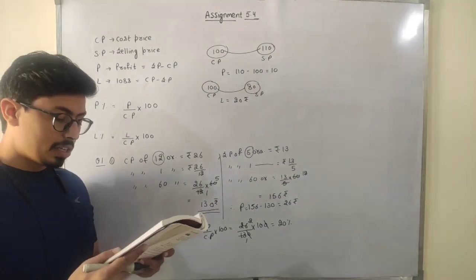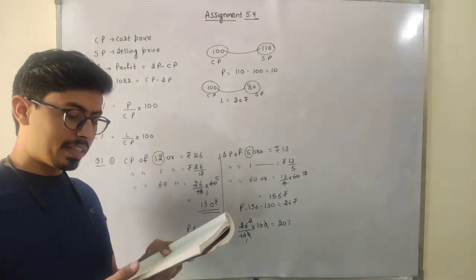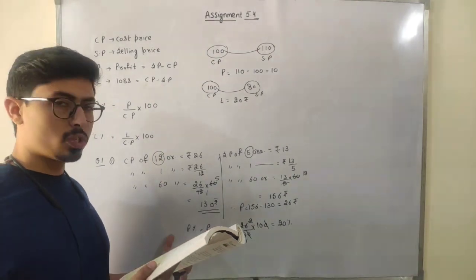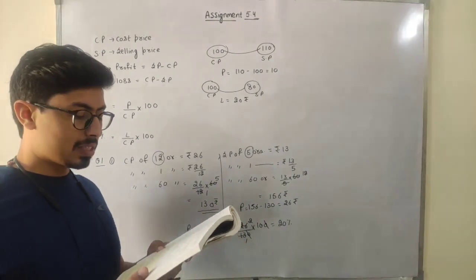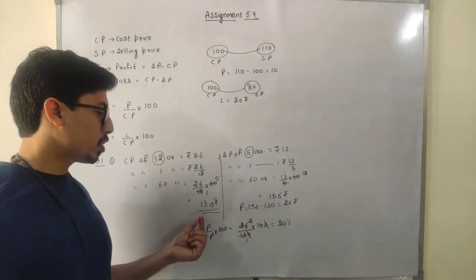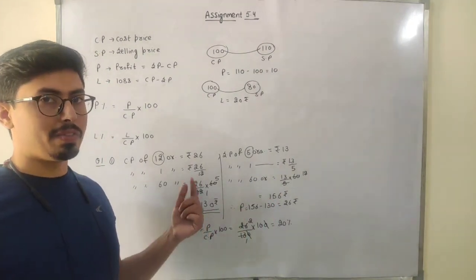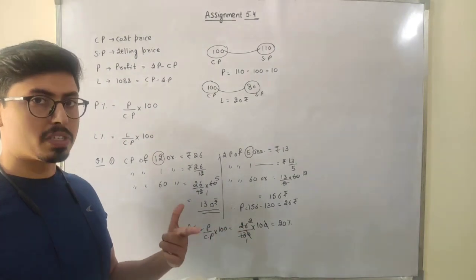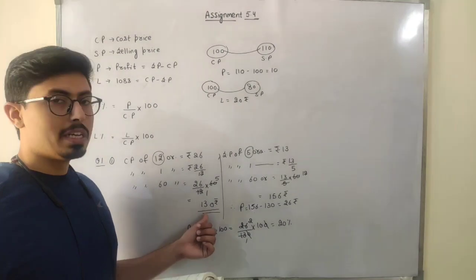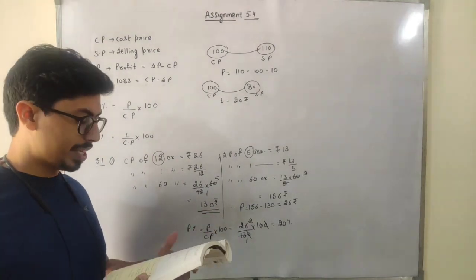Similarly, students, in the next part, Naresh got 4 dozen at this and 12. This is the same as this question, so just do it yourself. But in this, you have to find out the loss or gain percent. Make sure that you check CP and SP. If SP is greater than CP, then it will be the gain percent or profit percent. But if the CP is greater than the selling price, it will be the loss percentage. So just make sure of these two things.